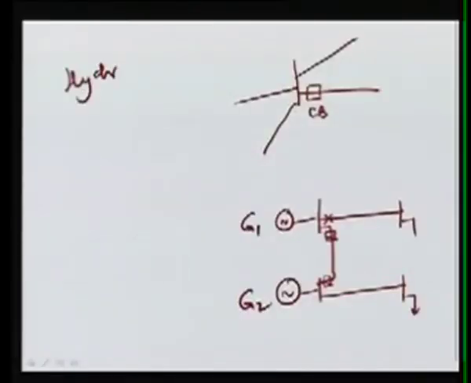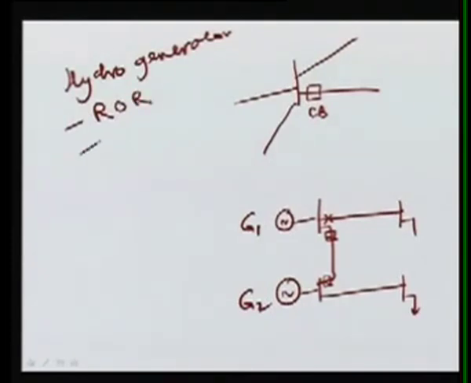In hydro, let's suppose, we have different hydro generators. We have the run-off river type of generator. We have the pondage type, that is pondage or storage, and another is called the pump storage type of hydropower station. ROR is nothing but run-off river